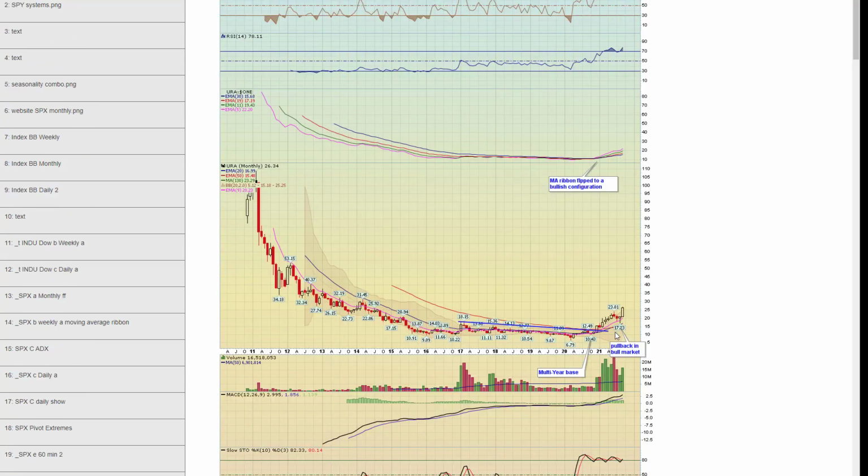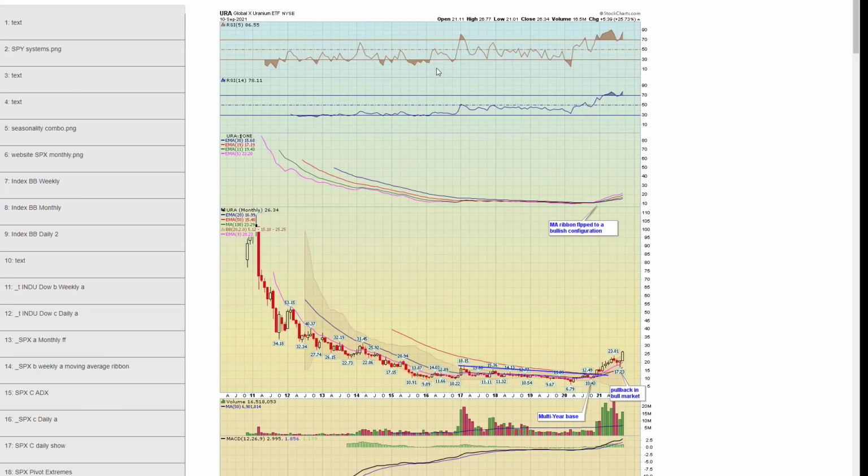Any of you ever read Stan Weinstein's Secrets for Profiting in Bull and Bear Markets? He talks about those long basing periods, stage 1 patterns. That is what this is. Okay. Finally,